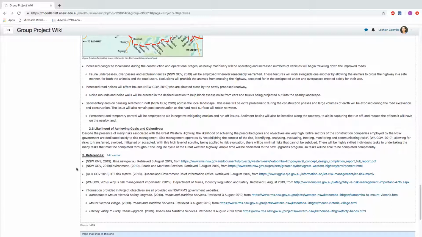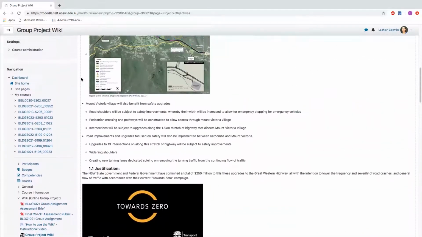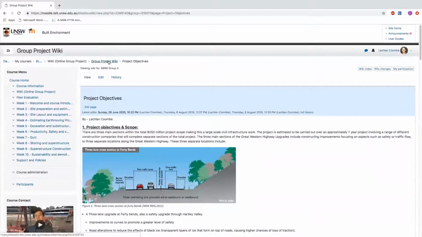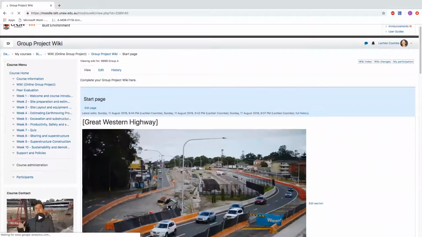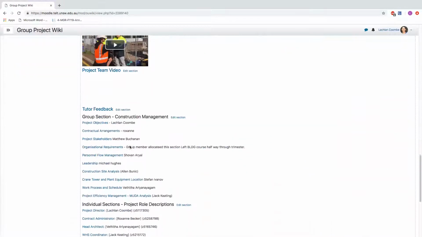But one thing you're really trying to keep track of is keeping it consistent, and, you know, not having 10 individual submissions, but trying to keep it so you're using the same referencing style, using the same text sizes and fonts and layouts and image figuring and that sort of stuff. So that's pretty key to try and keep track of. You want it to be coherent and consistent. So we can go into another section here.